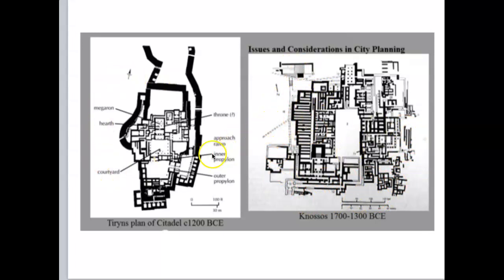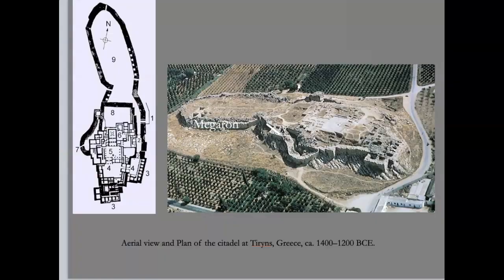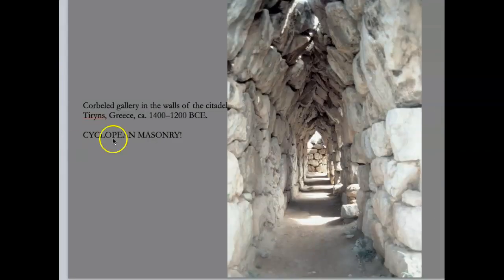So we know that they needed this protection because they are on the mainland. And here you can see it, right? You can see this big, thick line, this big, thick wall that would have surrounded the building to protect it. In fact, this big, thick wall was not solid, but you could walk inside of it. And we learn a new word now called corbelling. Okay, corbelling means that the stones are projecting out a little bit past the one under it to create this shape. And I'm going to go over that again in a couple of minutes.